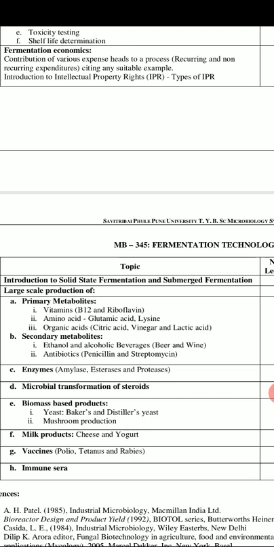And next one is your mushroom production. Now there are different types of mushrooms available in the market. These mushrooms can be produced at the large scale or at the industrial level by using different types of techniques. And what are their advantages, that too we will study in this point.